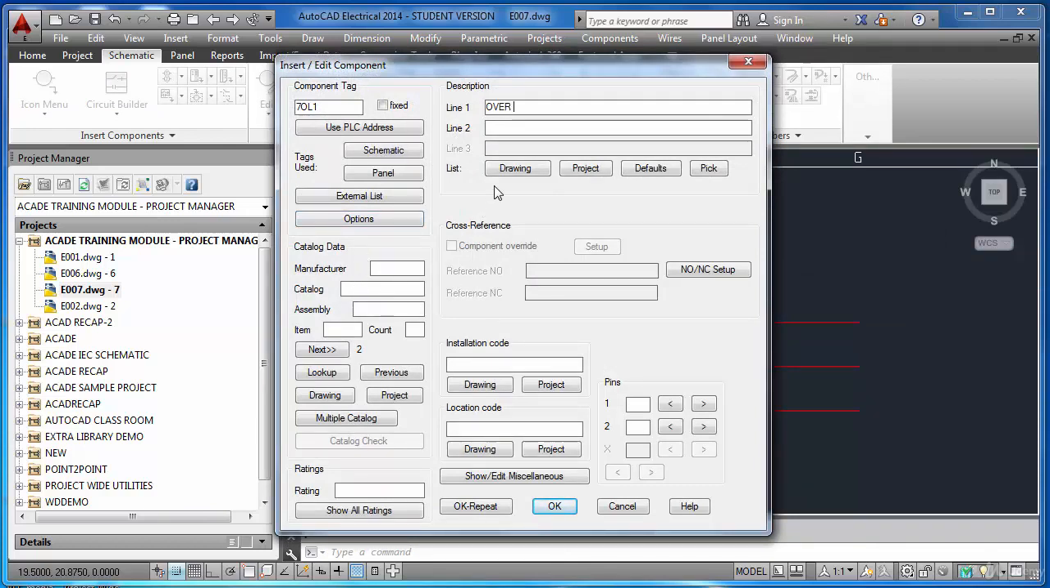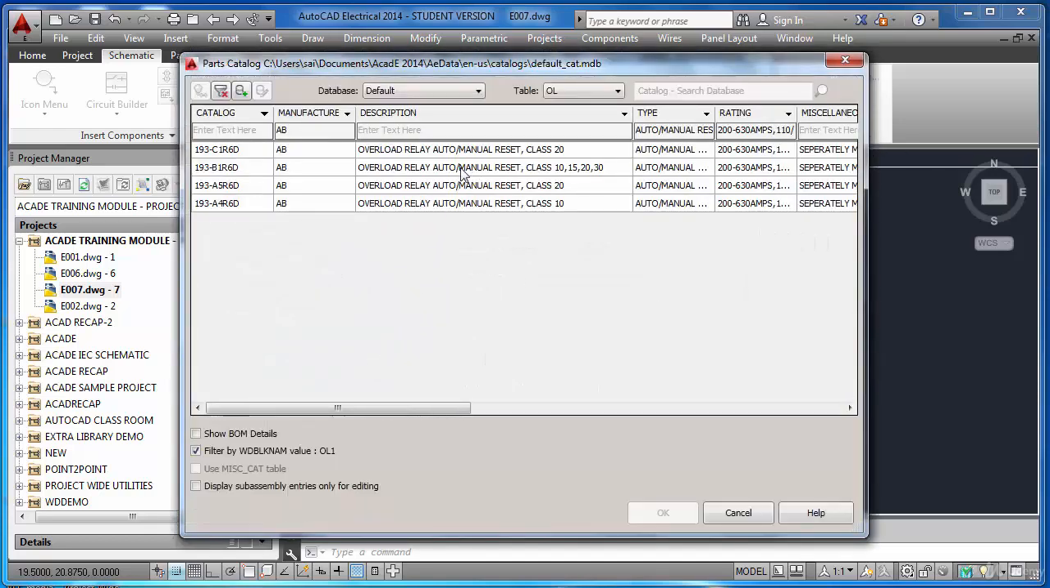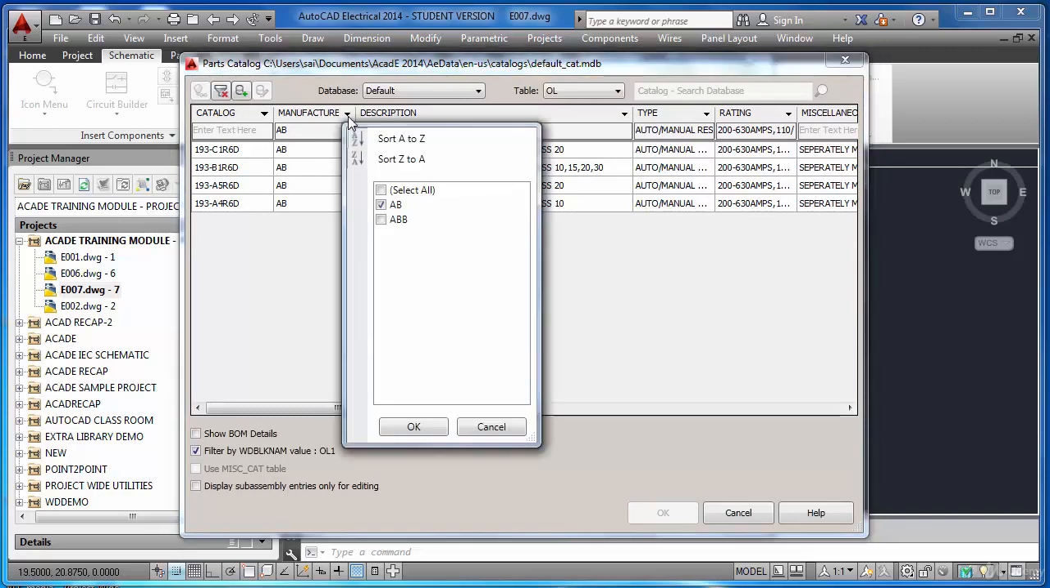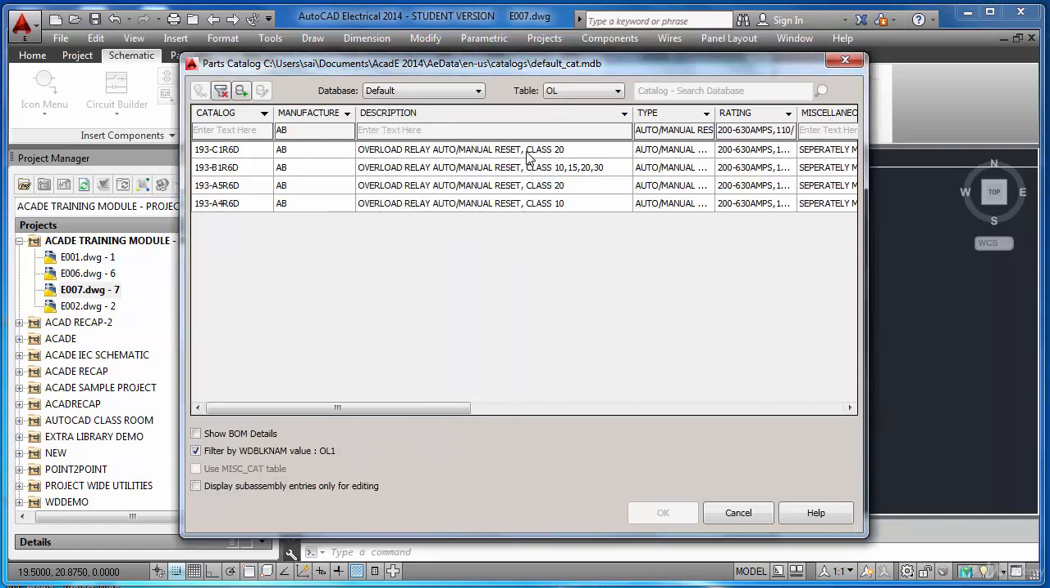Description, overload, catalog lookup. This is just my library only. I am again and again repeating. Your library, while installing the AutoCAD, you can choose many manufacturers. Okay, I'm just selecting one,